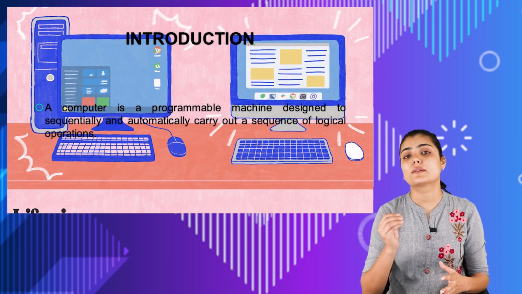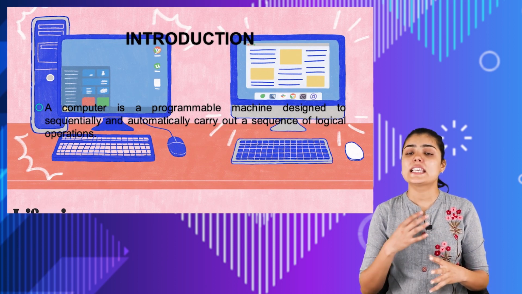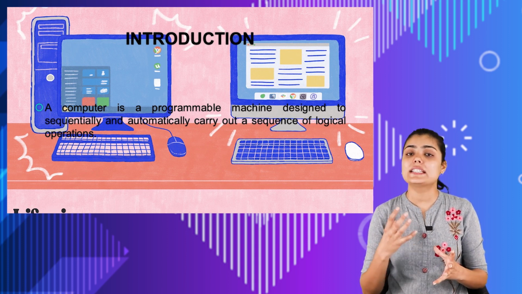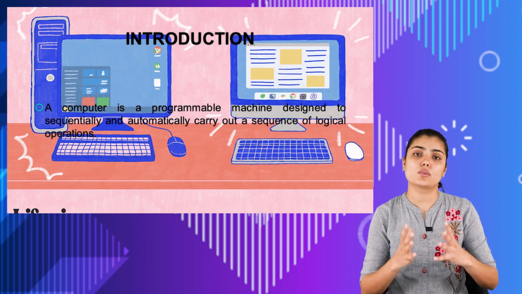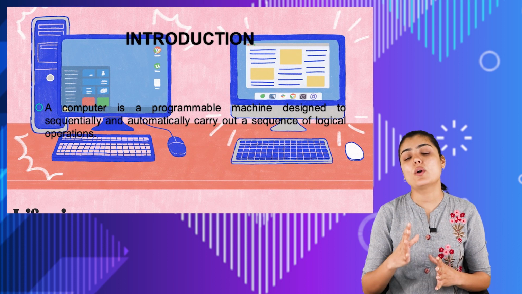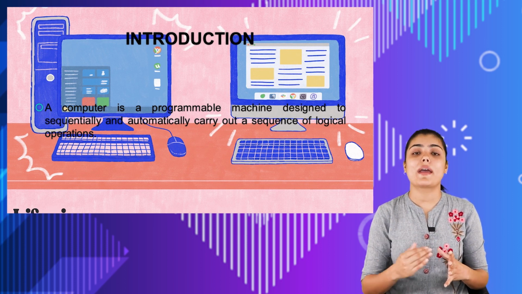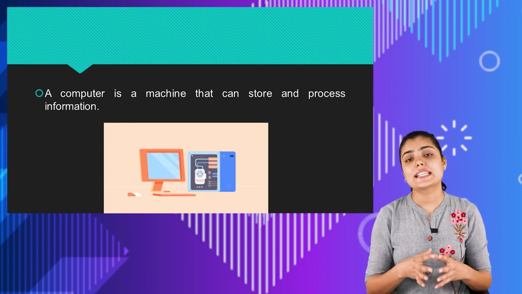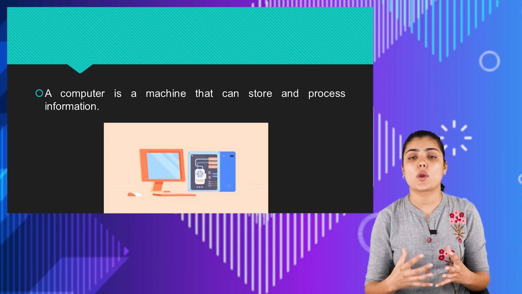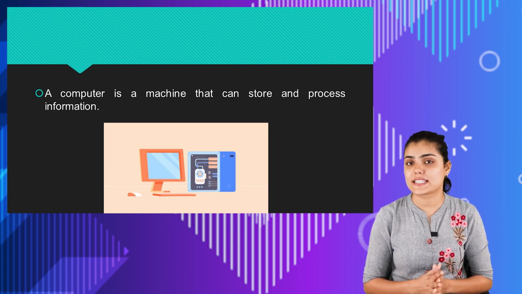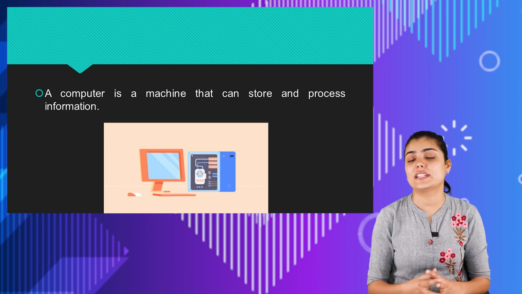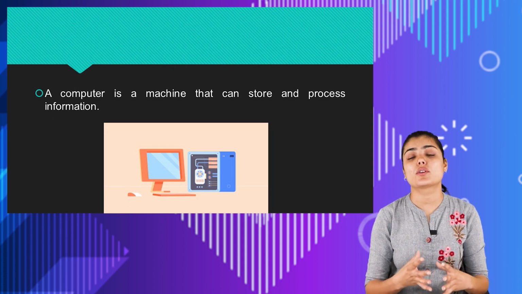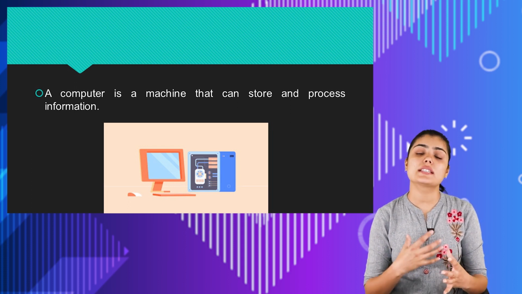So a computer is a programmable device that is sequentially and automatically designed in such a way that it carries out certain logical operations. So a computer is a programmable machine or a device that carries out automatically certain programs or certain operations. A computer is a device that can store as well as process the data. We all know a computer is a device in which we can store a variety of data, different forms of data. So a computer is a device which can be used in order to store as well as process the information